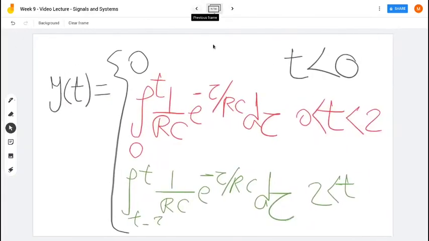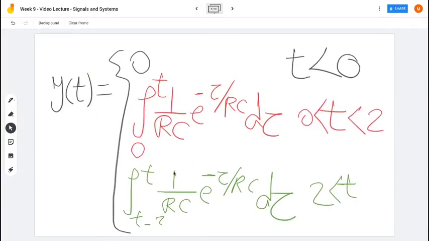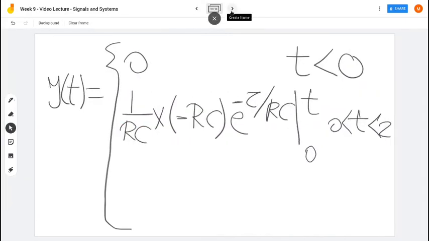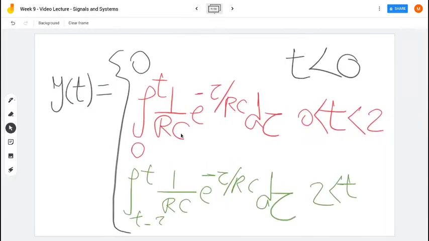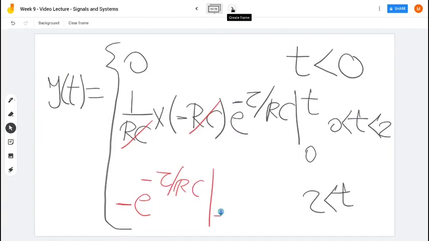And the next interval where t is larger than 2, it's the same integration but with different limits. So if t is larger than 2, I will put the same expression, which simply will be this RC will cancel out of this RC, and we'll be having minus e to the negative tau over RC, and the limits will be just different, from t minus 2 up to t. So moving on,